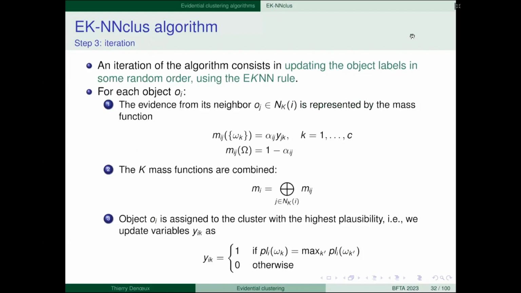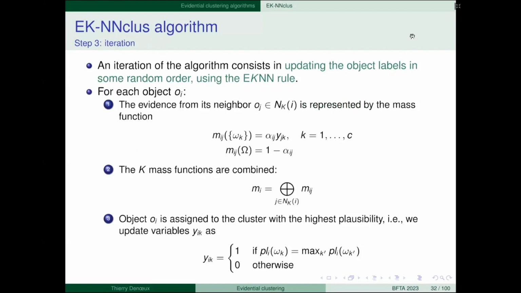Then it's an iterative algorithm. An iteration of the algorithm consists in updating the object labels in some random order. So you pick some random order, and you start to update the labels of these objects.